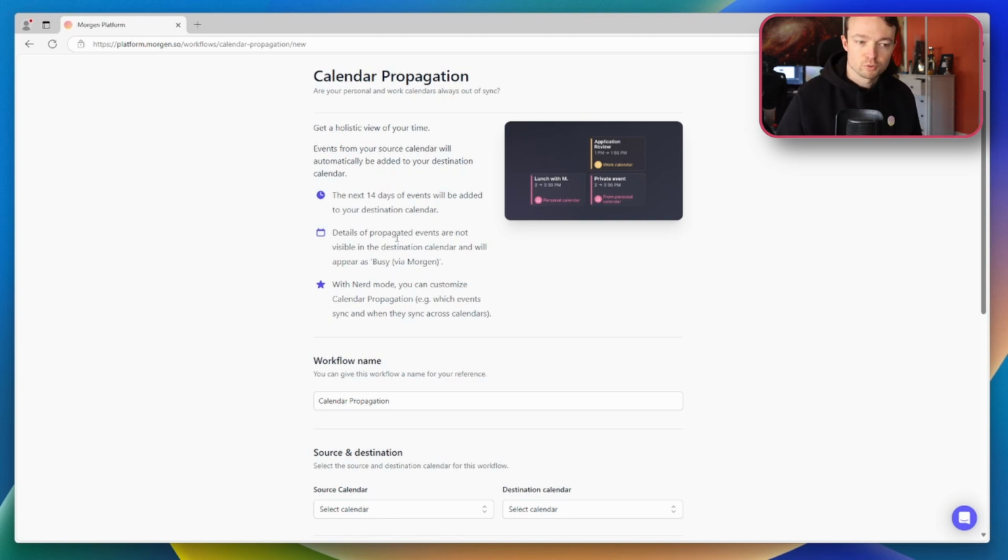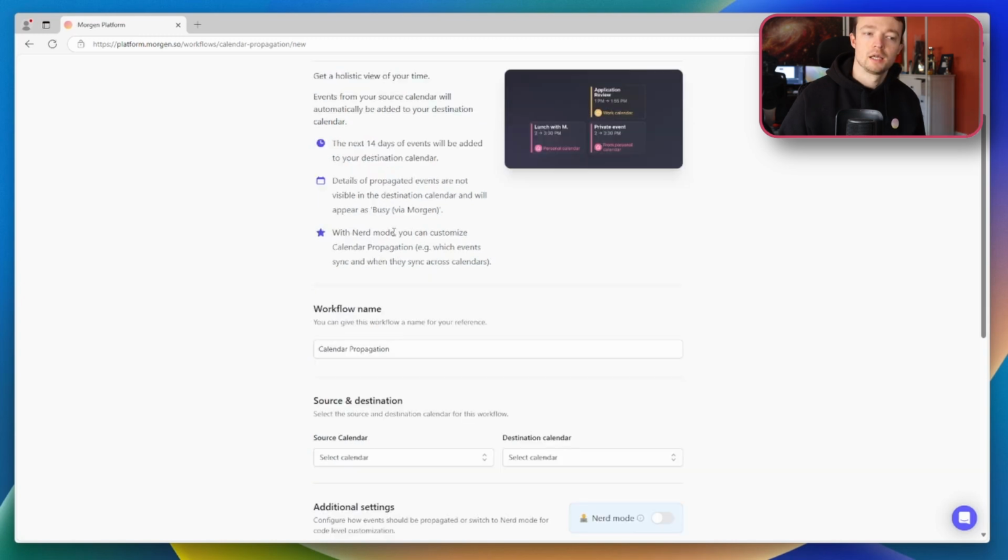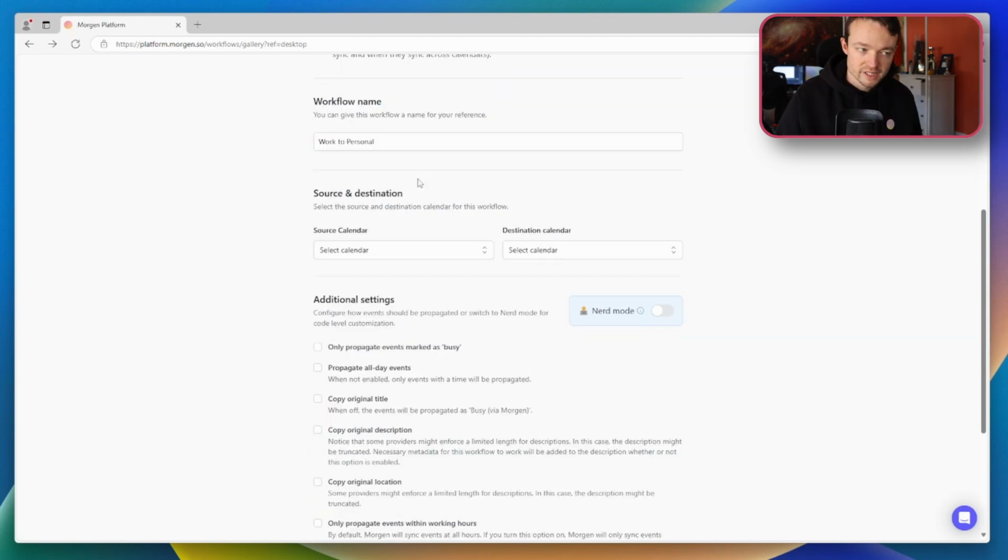The details of the propagated or created events are not visible in the destination calendar and will appear as busy via Morgen, unless you use the nerd mode to customize the propagation workflow. For clarity, I'm going to name this workflow Work to Personal because it's my Outlook work calendar to my Google personal calendar. I'm then going to select my source calendar, which is the work calendar, and then I'm going to